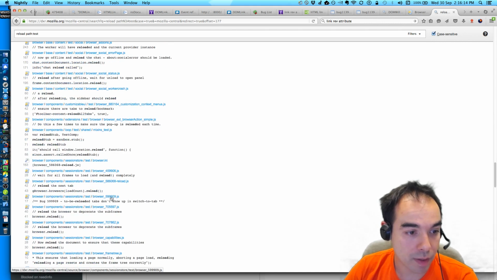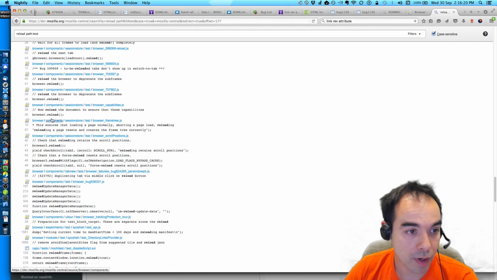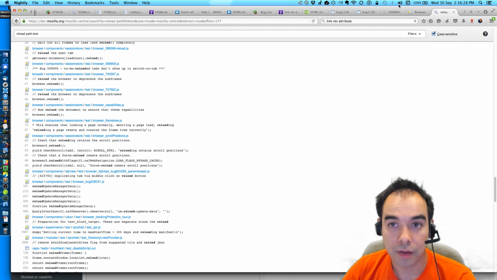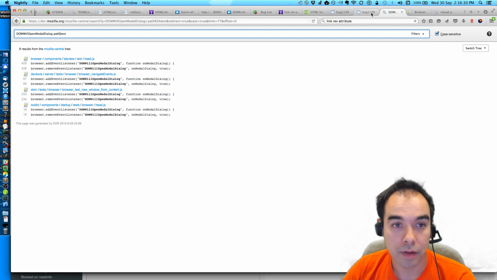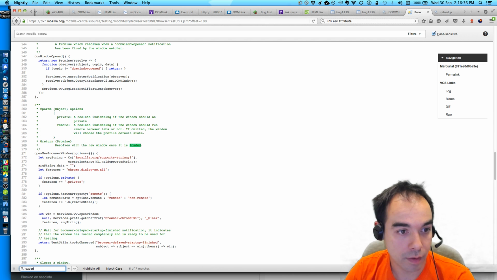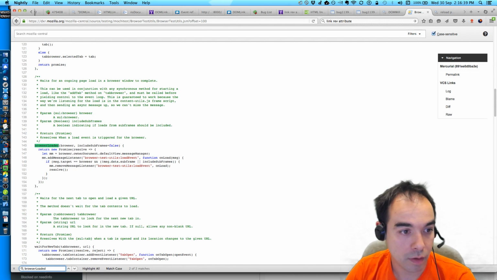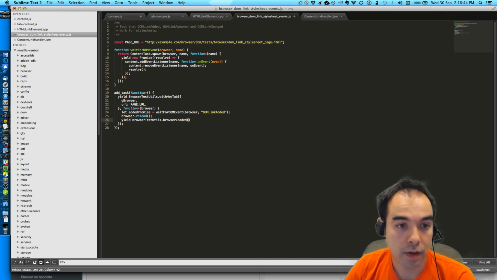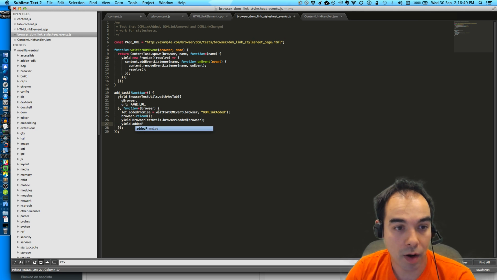Browser.reload probably. Yeah, browser.reload is fine. Reload, and then I can yield browser test utils browser loaded, and browser. And yield added promise.